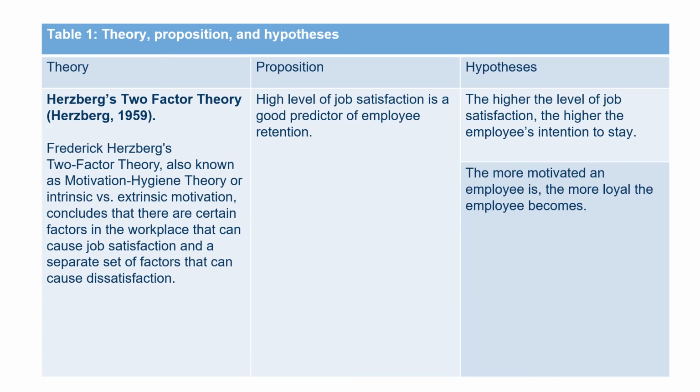So, for example, if the theory is Herzberg's two-factor theory, by Herzberg in 1959, this is the reason why I would tell you that there can be some very dated, very old theories and literature, and you can still cite them, especially if they're the theory that you wish to use in your study. So in the case of Herzberg's two-factor theory, it's also known as the motivation hygiene theory,